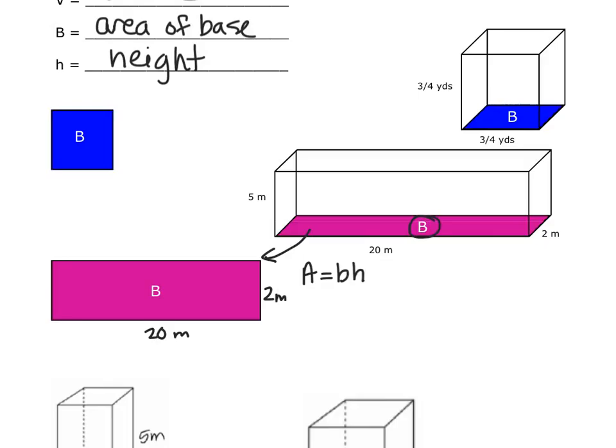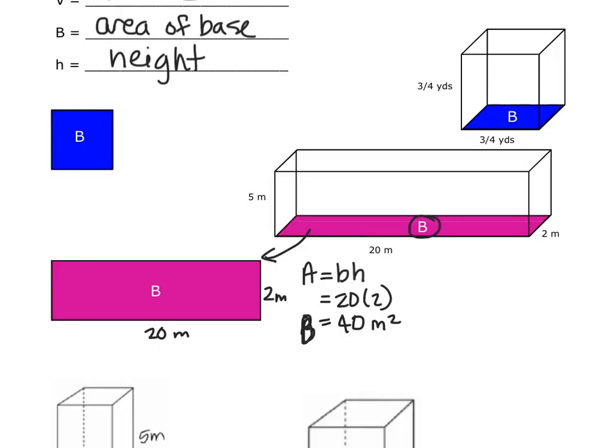I can use my area formula and have 20 times 2 equals 40 meters squared. So the area of the base, which I'm now going to flip to a capital B,